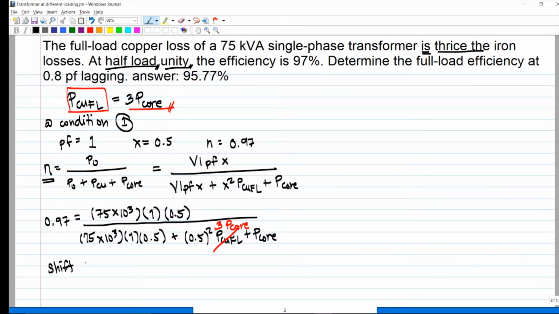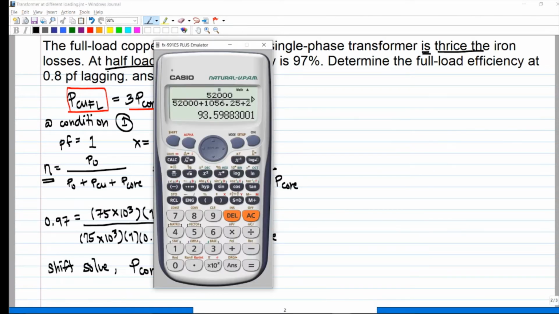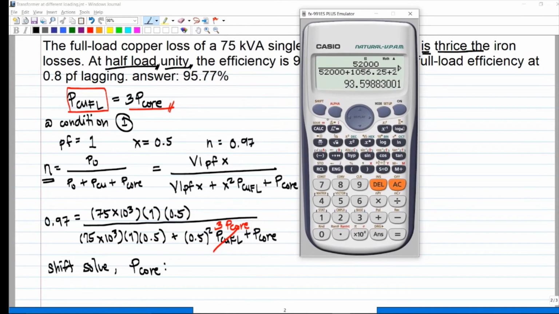Using shift solve, we can solve for P core. 0.97 equals 75,000 times 1 times 0.5 divided by 75,000 times 1 times 0.5 plus 0.5 squared alpha x or times 3. 0.5 squared times yung 3 beses nung alpha x natin, which is the P core, plus yung mismong P core natin. Shift solve, ang masosolve natin is the P core, which is